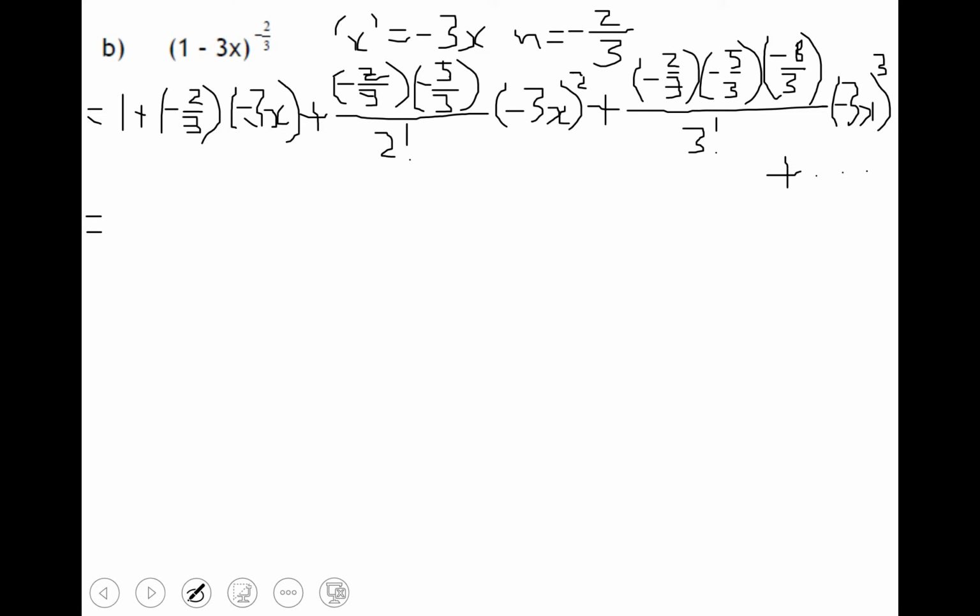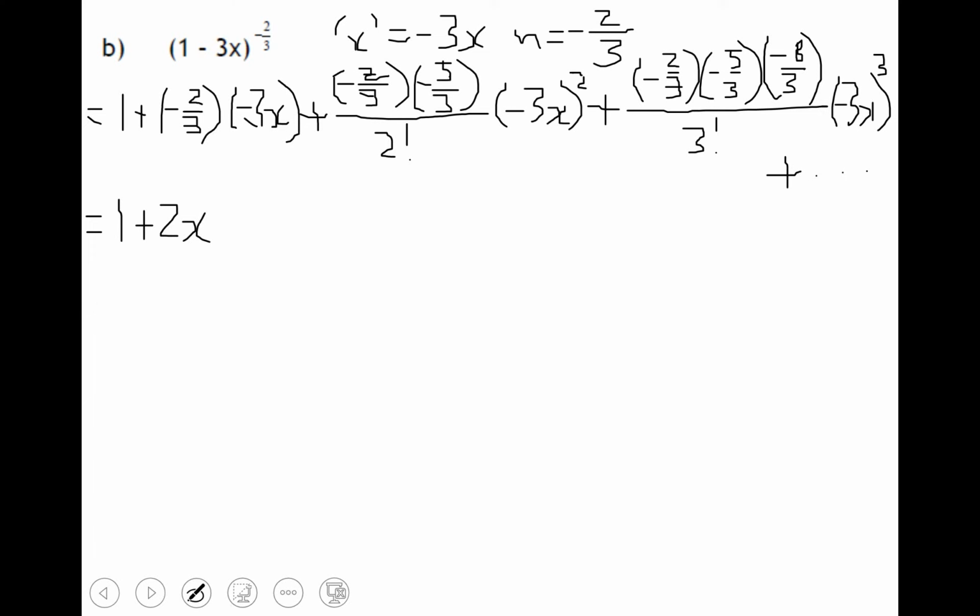Multiplying out, minus times minuses are plus, the 3s cancel, so we get plus 2x. Moving on to the next term, minus 3x all squared would give us 9x squared, times minus 2/3 times minus 5/3 all over 2 factorial,